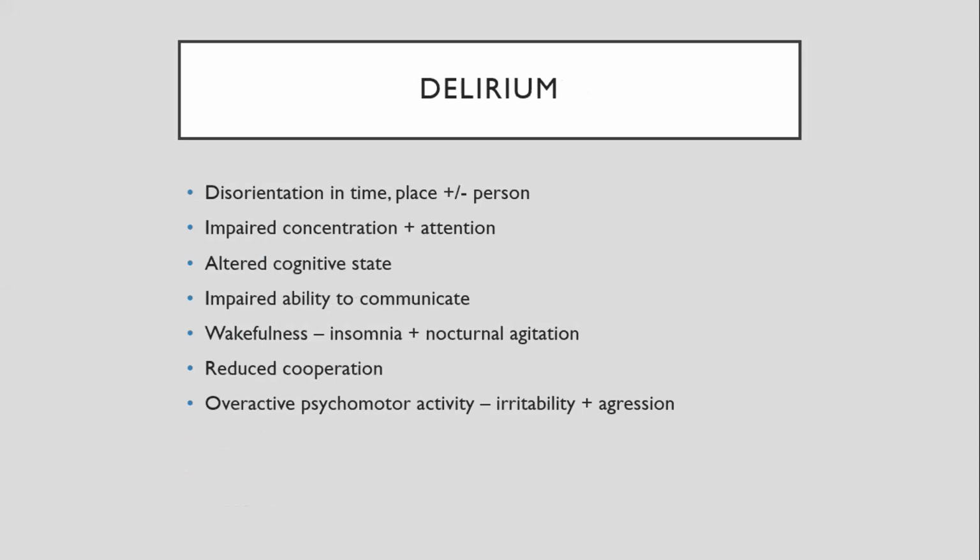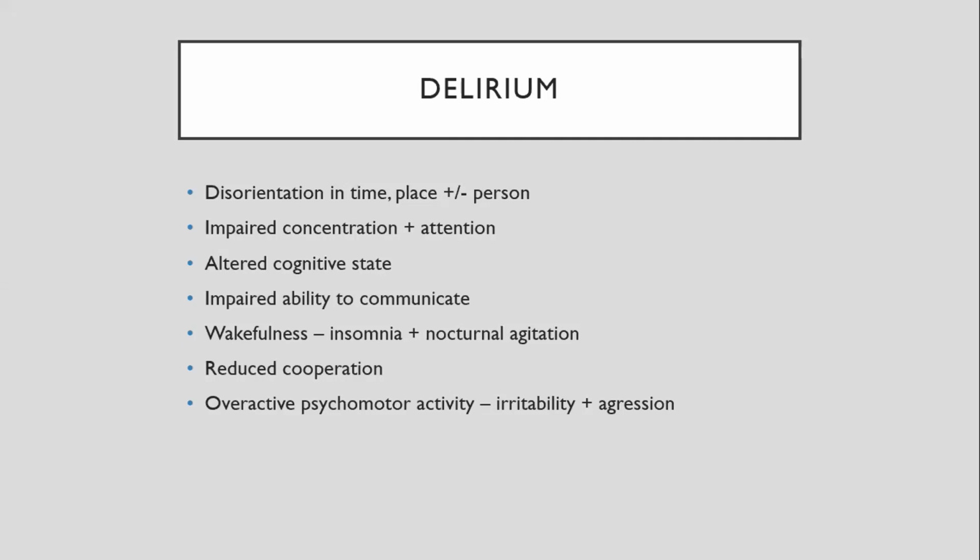So delirium, what is delirium? Well, it's disorientation in time, place, and or person. There's often impaired concentration and attention. There's an altered cognitive state, impaired ability to communicate. Often there may be increased wakefulness, but they also may have insomnia or a reversal of their sleep-wake cycle with nocturnal agitation. They may have reduced cooperation, and they may be